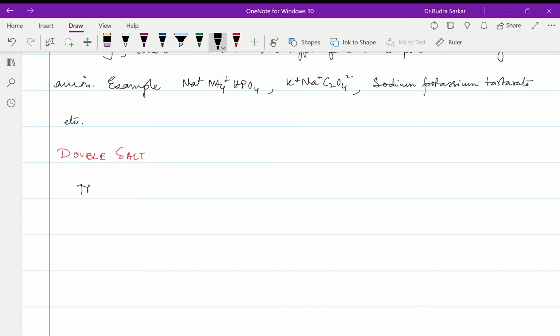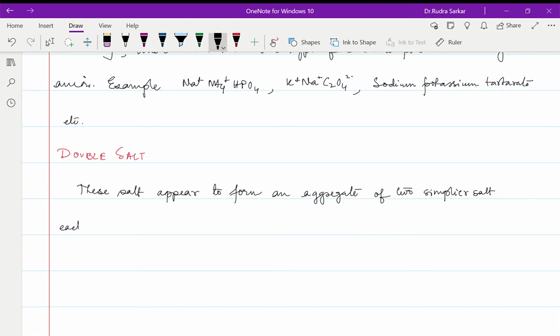First of all, these salts appear to form an aggregate of two simpler salts,